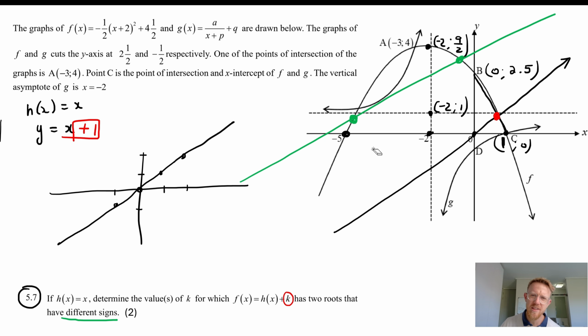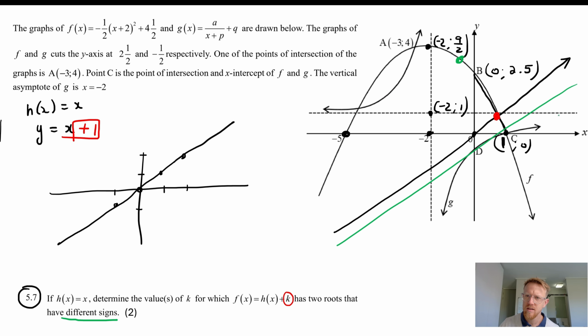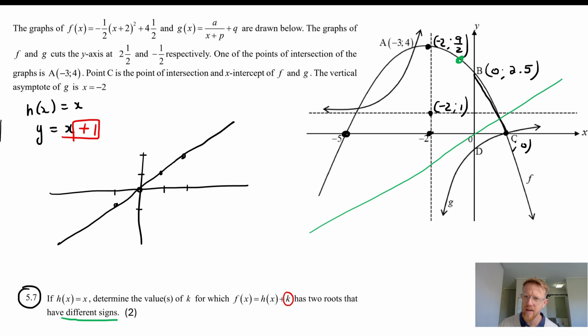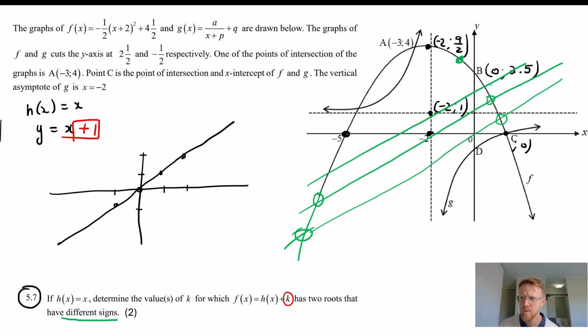So where did the switch over happen? Because when we were operating down here, everything was good. We had one intersection that was negative and one that was positive, and everything was fine. So if you look carefully, where does that switch happen? Well, you see, if we're there, that's still okay. We've got a positive and then a negative. And then if we go a little bit higher, we still have a positive and a negative. If we go a little bit higher, we still have a positive and a negative. But if we go, you see, look at this